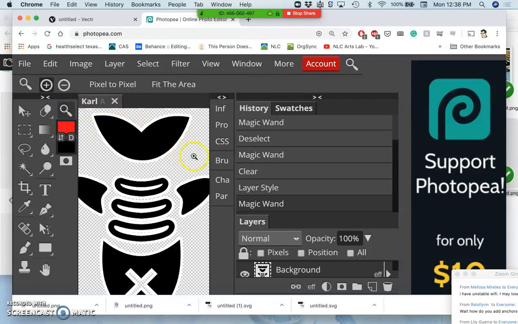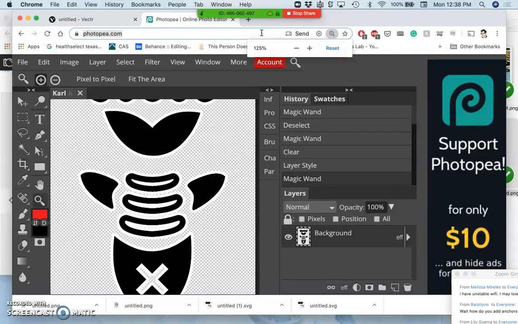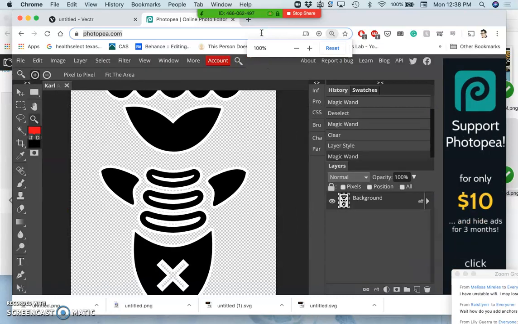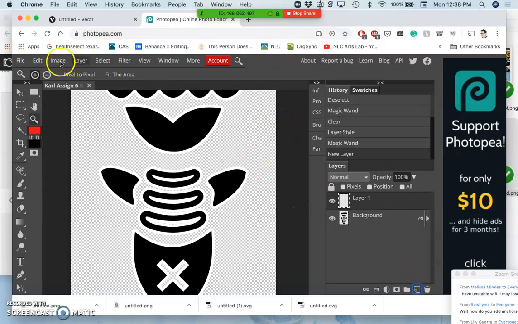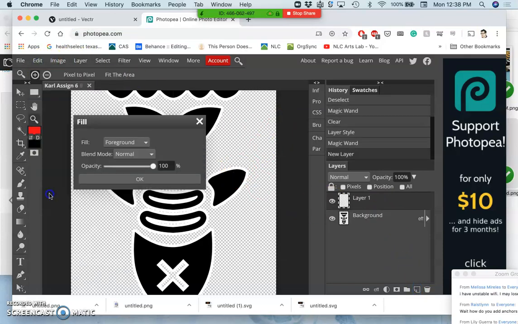So if you ever get weird in your zooming, which was definitely happening there, you can just double click on the magnifying glass and it will fill the screen. My problem is I want to get the window itself back to 100%. Okay, so what I can do, like we've done in class, is make a new layer, edit, fill that new layer with middle gray,